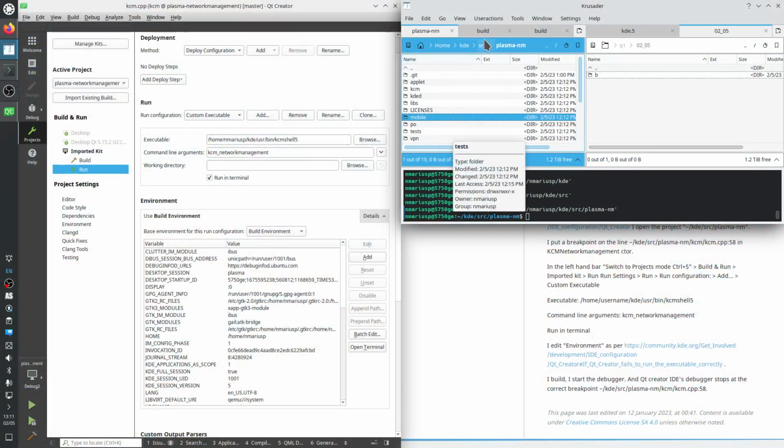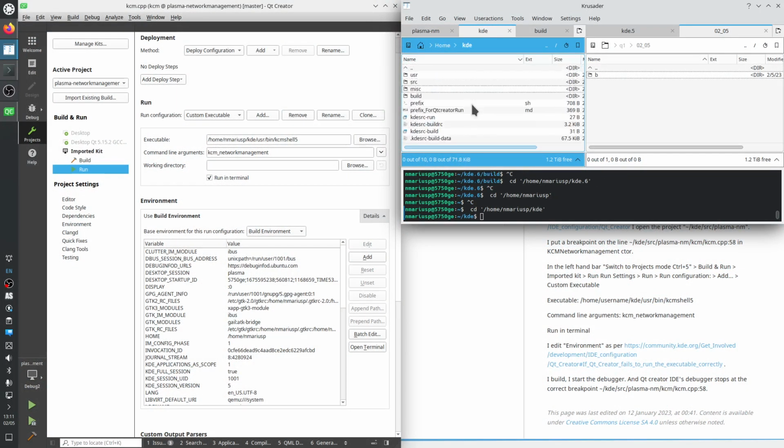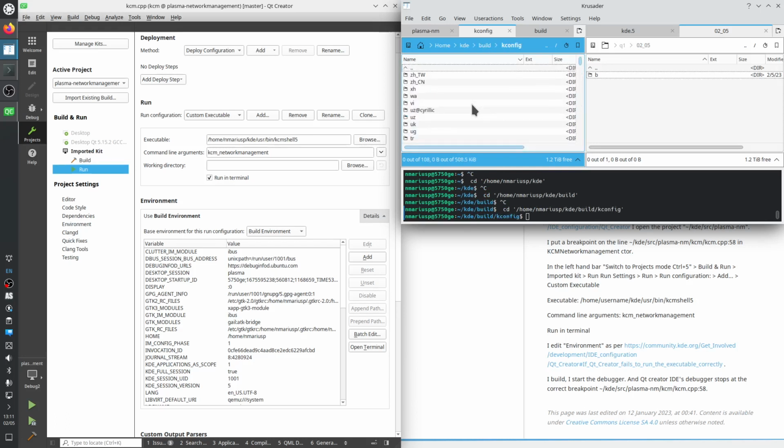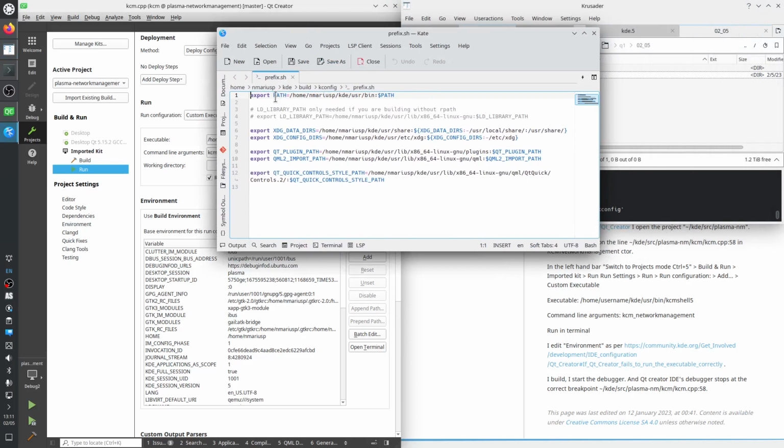So, KDE build kconfig prefix. These settings, these environment variables, need to also exist while